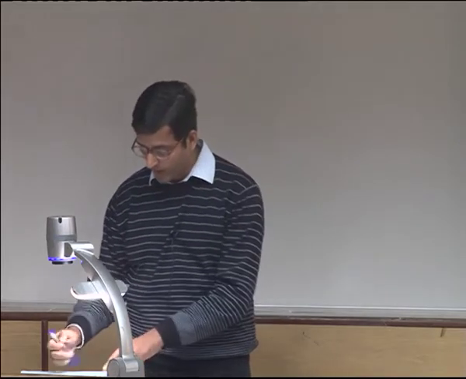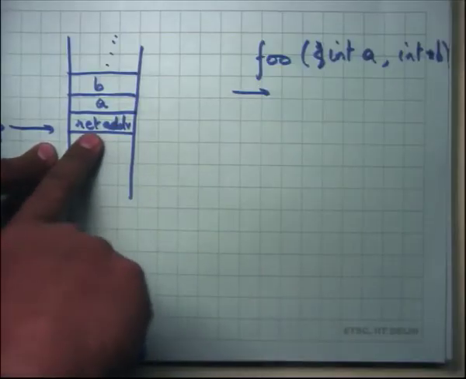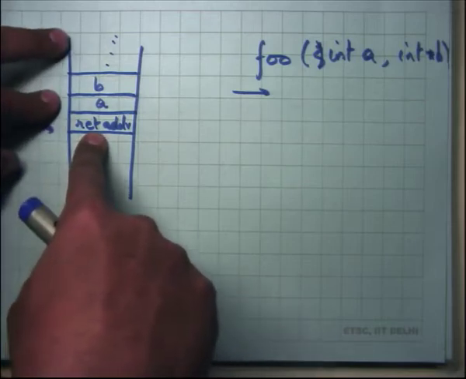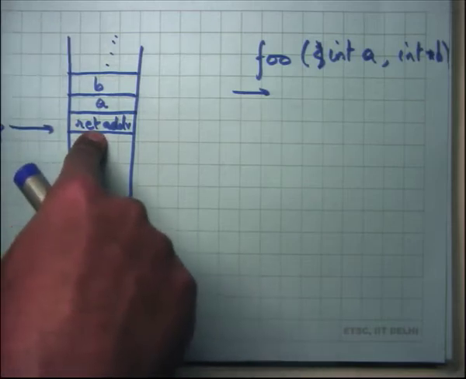Why is it that after the function is called, it will use them in the opposite order? It will use a and b and then the return address. Would it be easier if it's done the opposite way, with the return address above? Okay, interesting question. So why is the return address at the top of the stack, and why are the arguments below it? Why can't it be the opposite way?